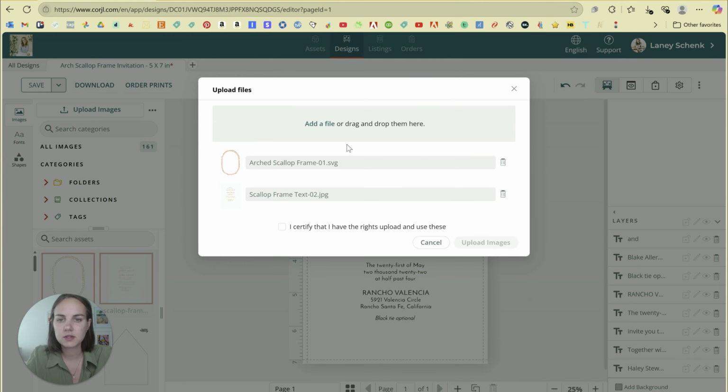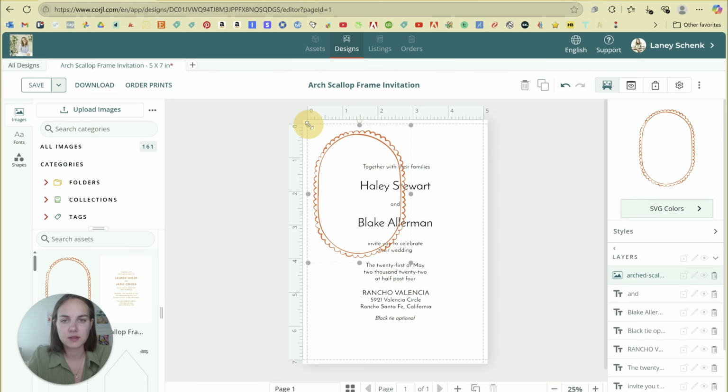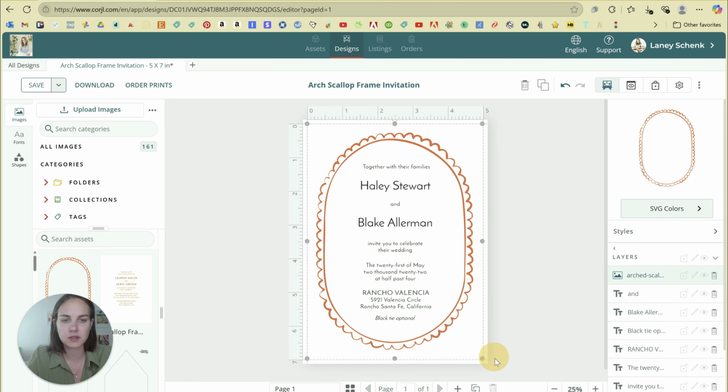Add both of these. And you need to certify that you have the rights to use these. Again, just make sure that you do have your correct license, and you can rename them here if you want to. I'm going to add this frame to my document, and typically since I saved the artboard, it will be